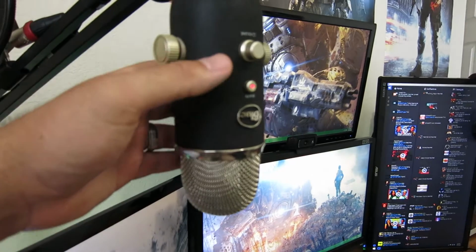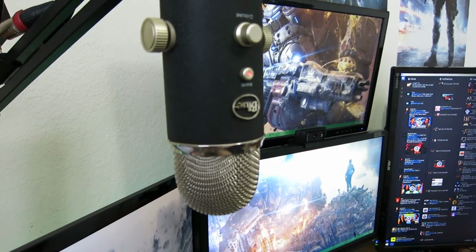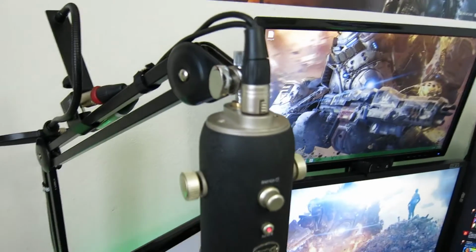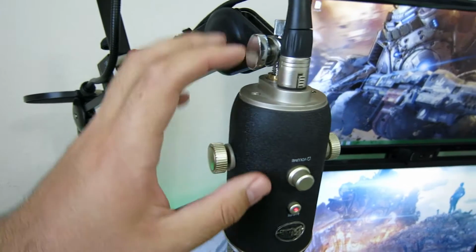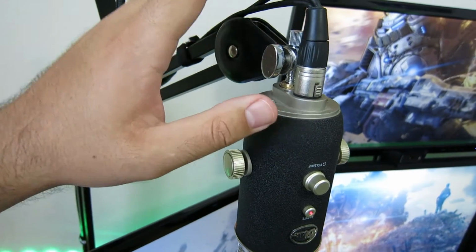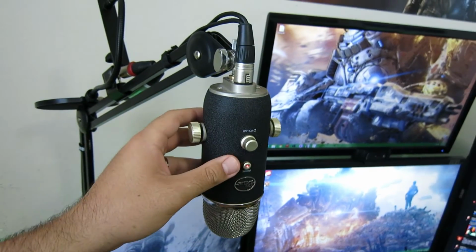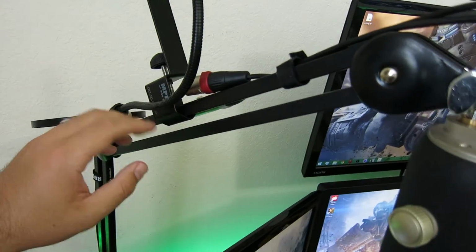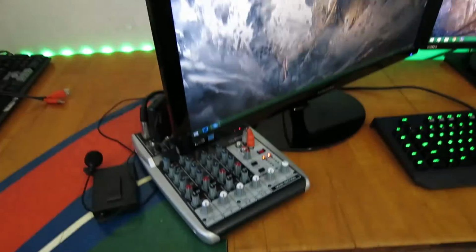Now, this is the studio mic. This is the Blue Yeti Pro. What's really cool about this microphone is it's a condenser microphone that has not just XLR, but it also has USB. So if you don't want to hook it up to a mixer, you want to hook it up straight to your streaming PC or gaming PC, you can do that. But what I've done is I've hooked it up via XLR on this Rode studio microphone down to this